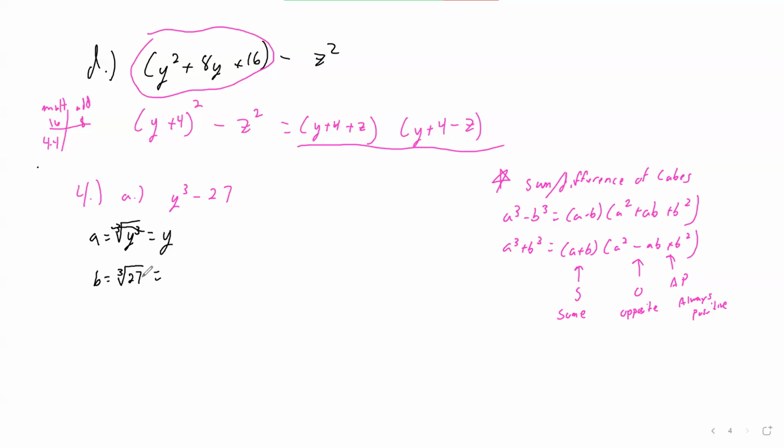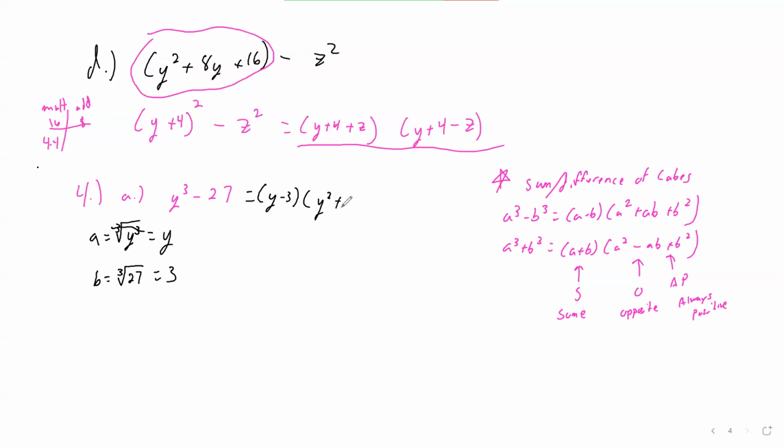Well, that'd be 3 times 3, which is 9, times 3 again, which is 27. So this would be 3. So I'm going to write this answer out using this formula. That would be y minus 3. And then that's a squared. Well, a is y, so that becomes y squared